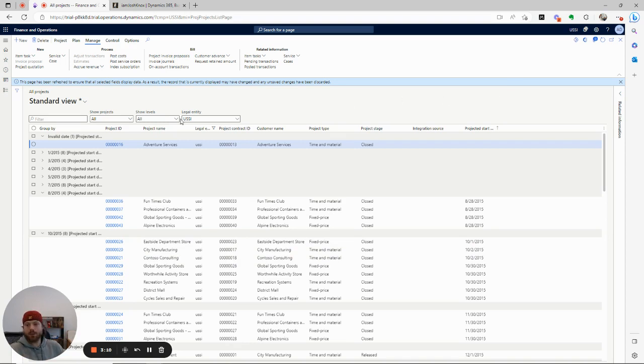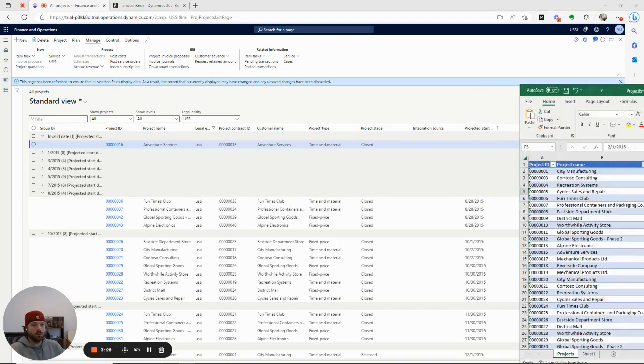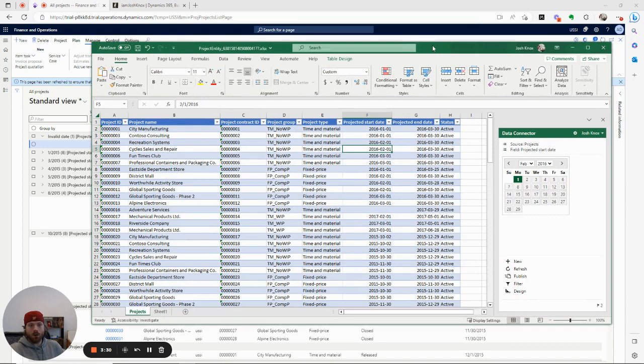So that's a thing we could do. You could do that here and manage that in the list page. You could use filters to pull just some number of projects based on what you were looking for. But one way you might do it is just to get all of your projects,